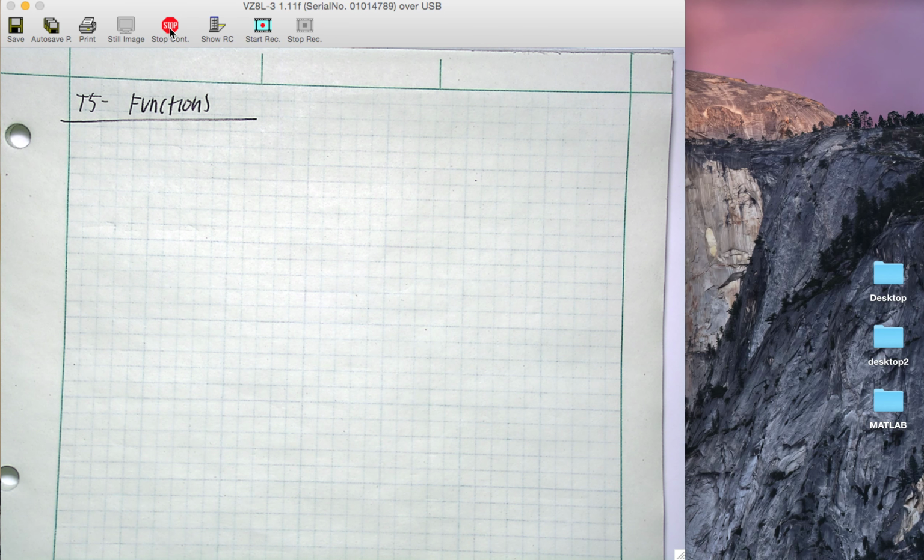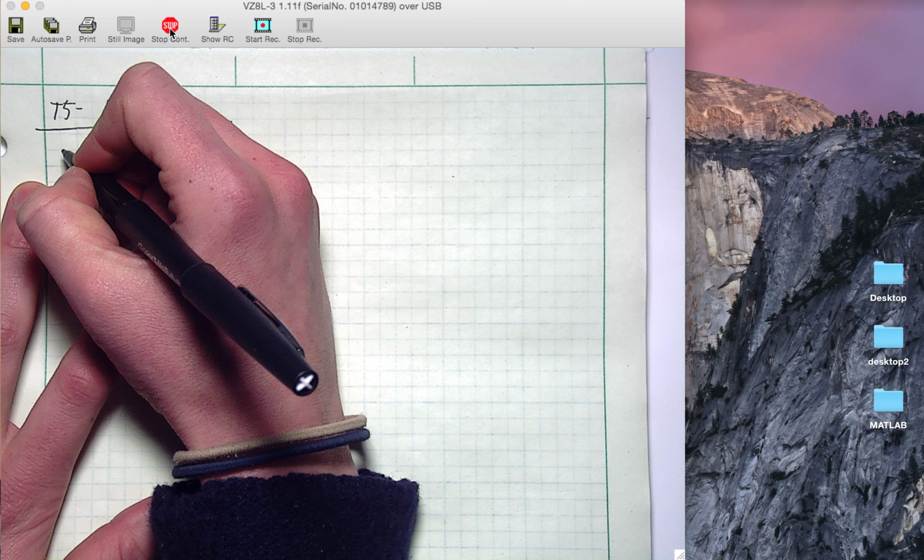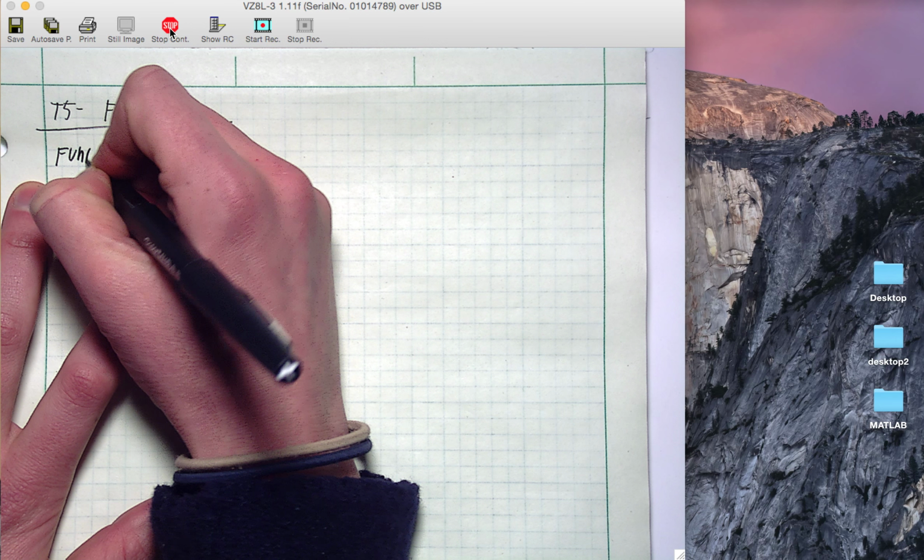All right, so we've actually been using MATLAB functions throughout the semester already. It's something that we just kind of threw you into so that you could start using MATLAB without actually talking a lot about what a function is. And so now we're going to start understanding more